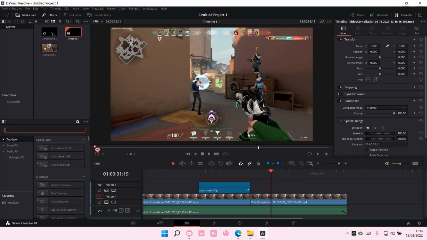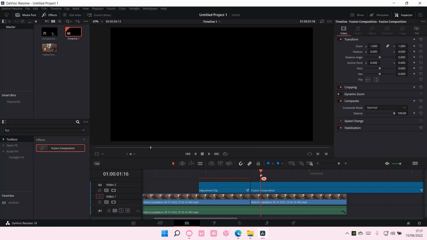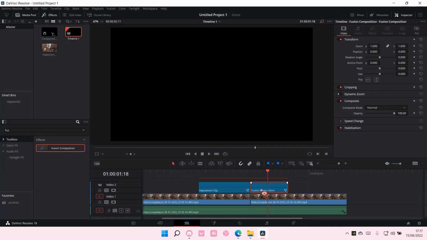In this video I'll be showing you guys how you can add a glowing text effect to your video in DaVinci Resolve. So type in Fusion Composition under Toolbox, select it and drag it to your clip like so. I'm just going to split the clip, select the Fusion Composition and go to the Fusion part,